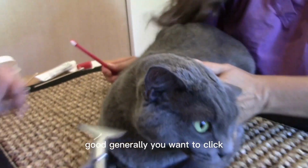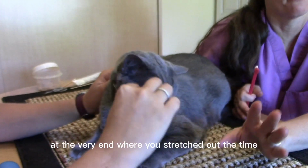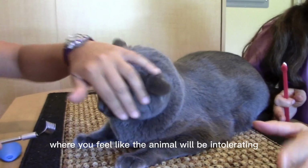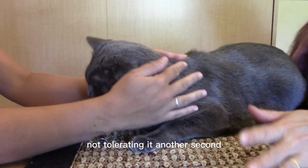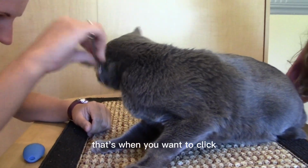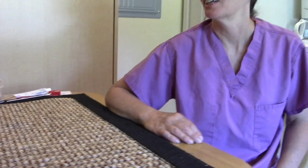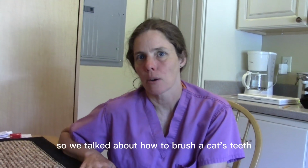Good. Generally, you want to click when you're doing the procedure. At the very end, where you stretched out the time, where you feel like the animal would not be tolerating it another second. That's when you want to click. So, good. Let's give him a break. All right. Down we're going. That was perfect. So, we talked about how to brush the cat's